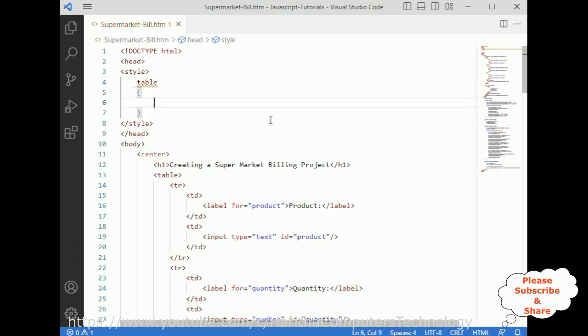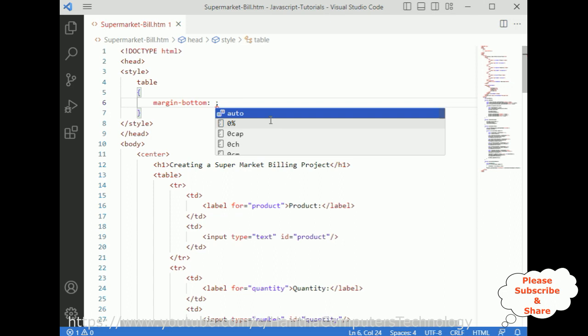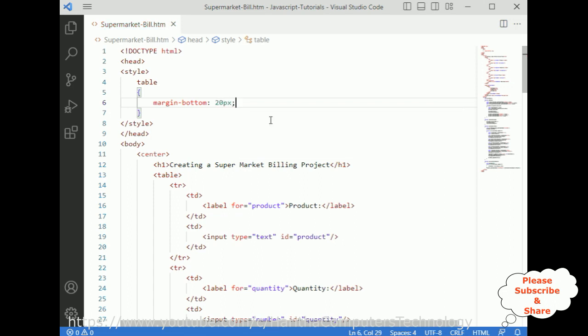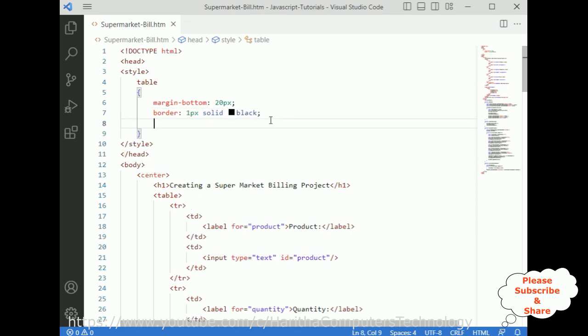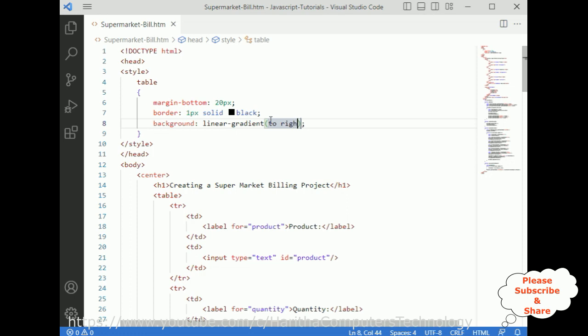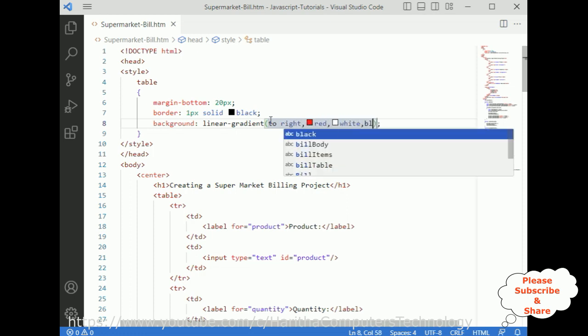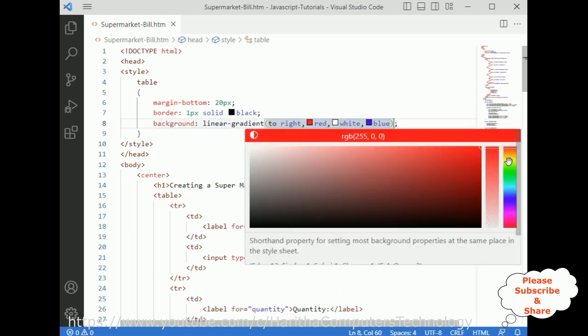I am adding the element margin bottom 20 pixels, border 1 pixel solid black, background linear gradient, to right, red, white, blue. So let's change the color to, I'm adding blue,